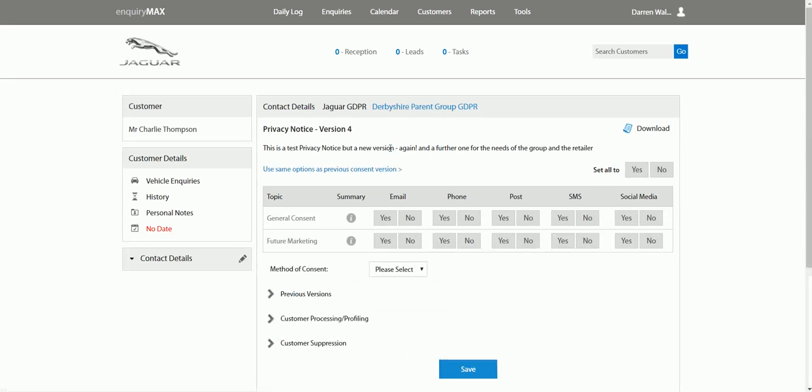So I'm going to click yes, which will take me through and show me version 4. Charlie Thompson opted into the topics using privacy statement 3.1, but now we've got 4 in here. So we just go through it with the customer and we can update, or you can see here, use same options as previous consent version, which you just click on and you can see it